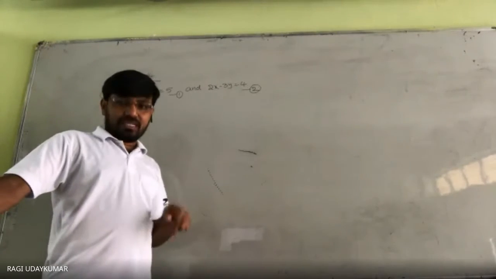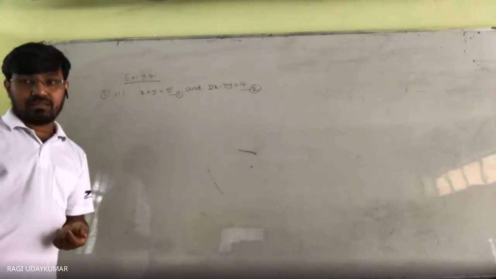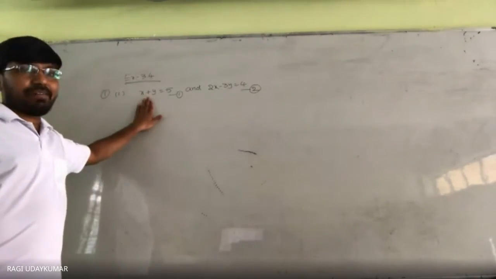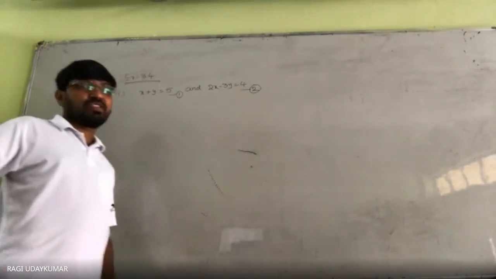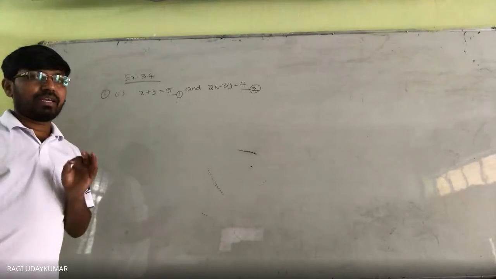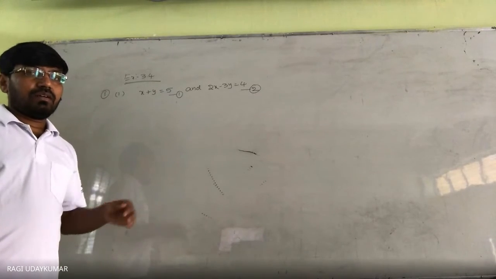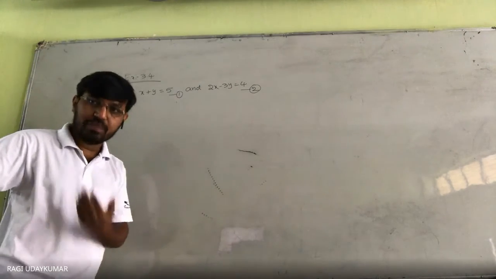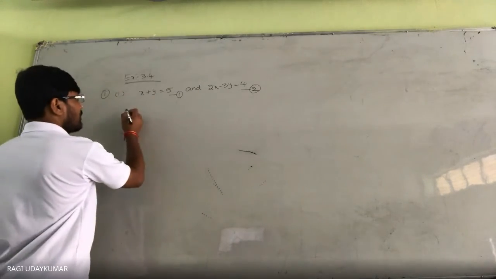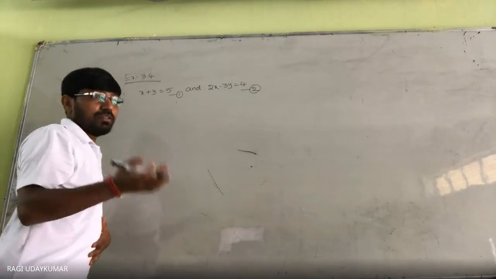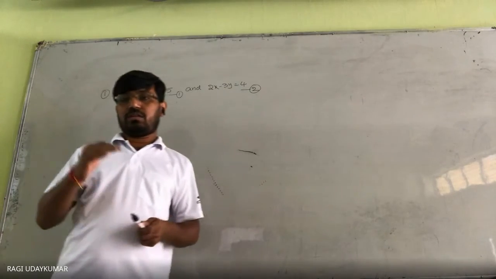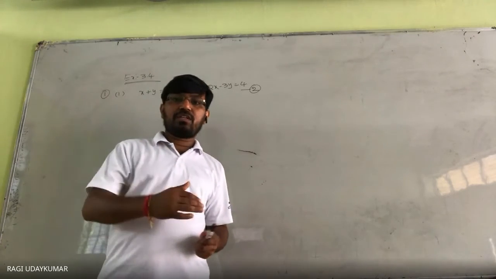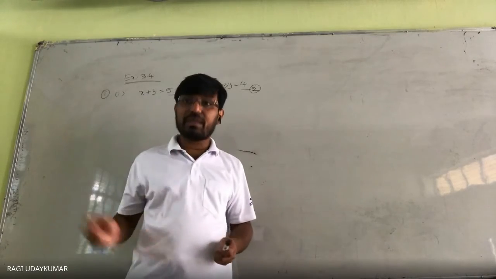If you have the same sign, in some situations it may not be possible to multiply only one equation. We have to multiply two equations, as in the example problem taken earlier. Otherwise the coefficient of one variable will not become equal. That is up to your choice. Different students may adopt different procedures and get different working.